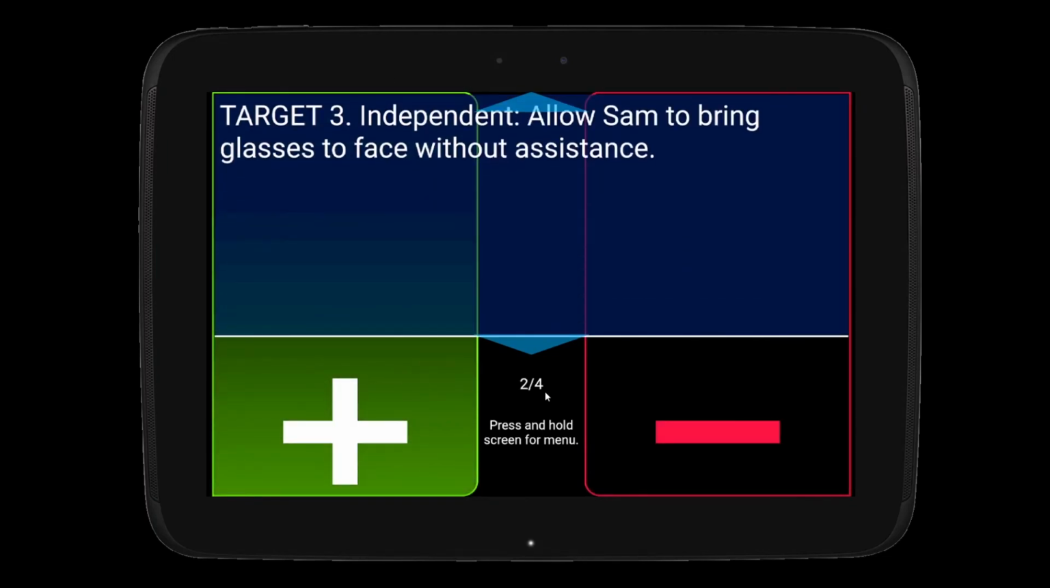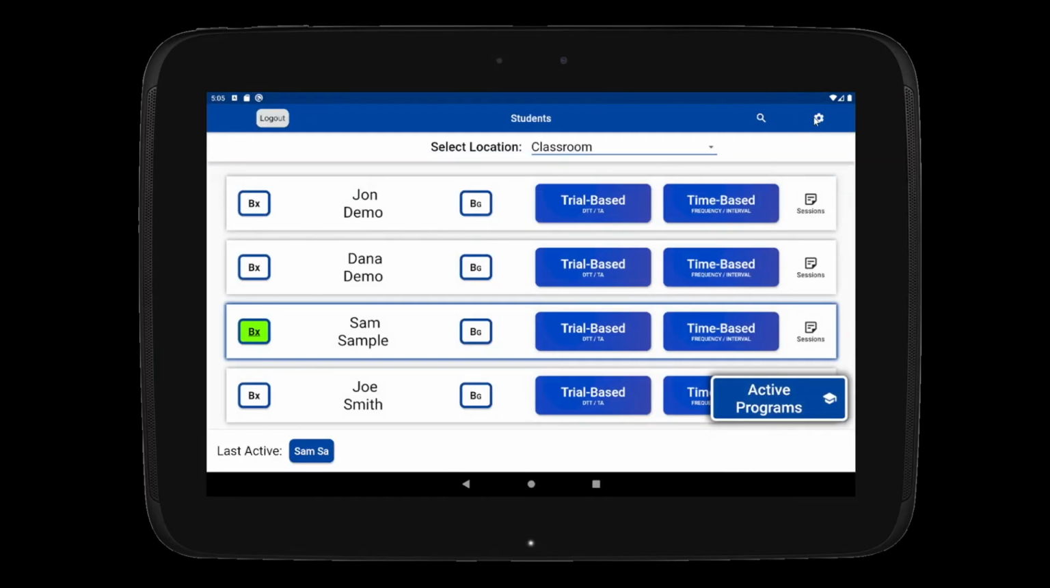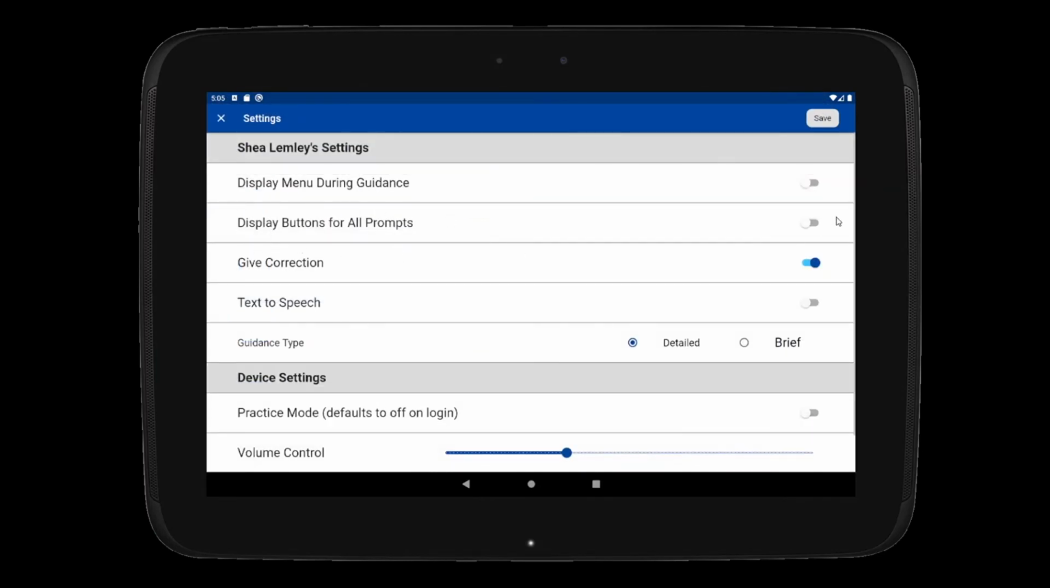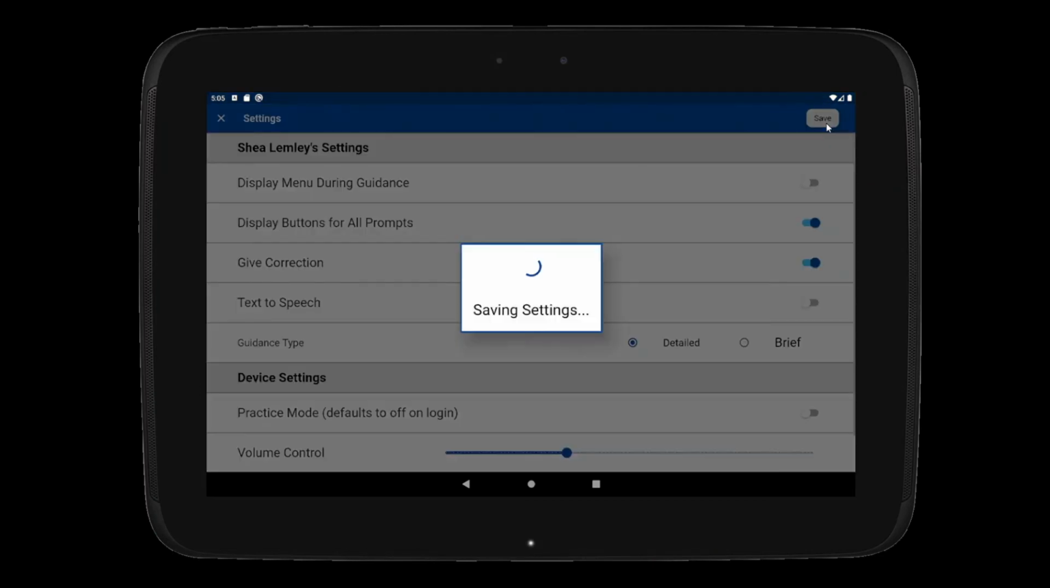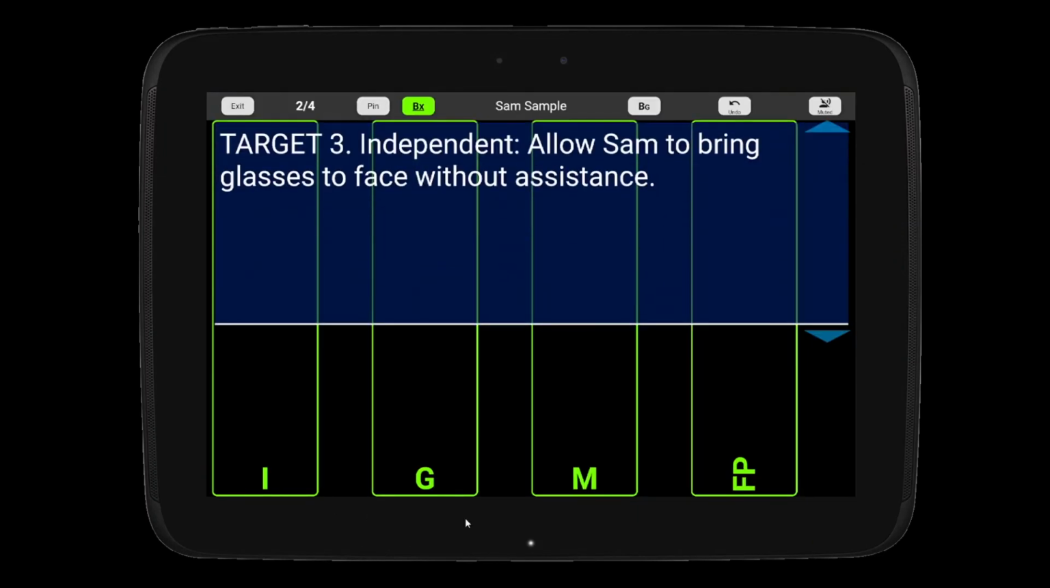I'll now go back to the gear to change the setting for display buttons for all prompts to on by tapping this toggle switch to turn it to the blue on position. Then I press the Save button at the upper right corner to save this setting. Let's open up that TA program again. Here, instead of plus and minus for correct and incorrect, I see a button for every prompt level available for